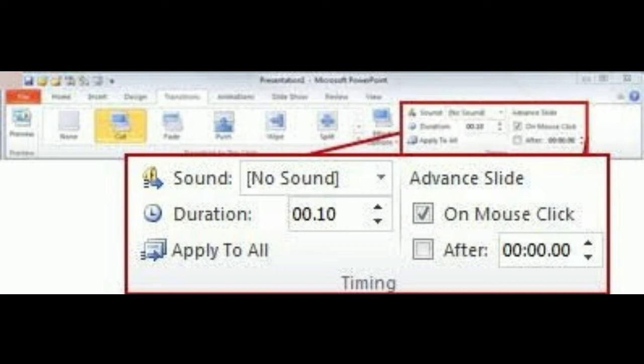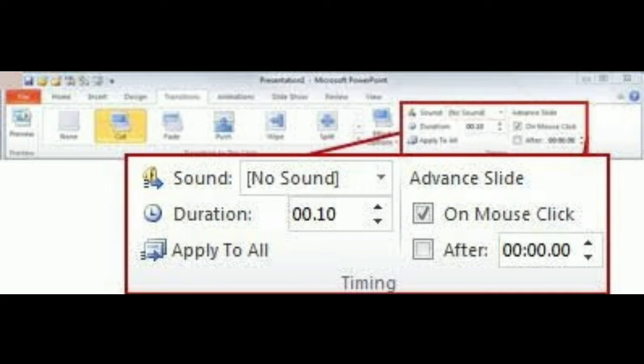If you want to move to the next slide automatically after a certain period of time, for that you have to enter the time limit inside that after option box. Then you will be able to automatically move to the next slide. So these are some of the sound effects that you can provide to a slide.